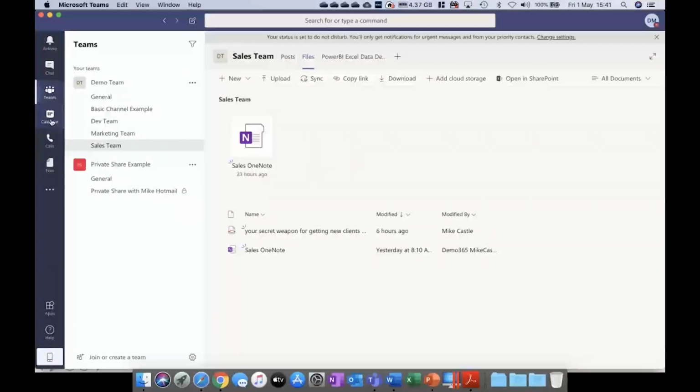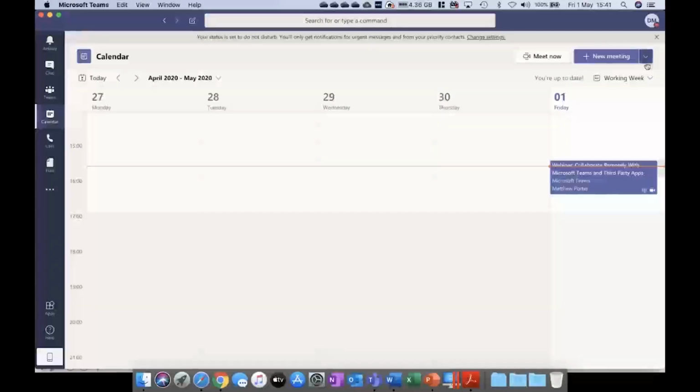Just going on to meetings really, so in calendar, I'm just going to show you. As you know, we're actually in a Microsoft Teams event at the moment. To create this event, you would go here, as you can see there, just highlighting it there. That would allow you to create an event, and just to give you some statistics, meetings, so that scheduled meeting can have up to 250 attendees.